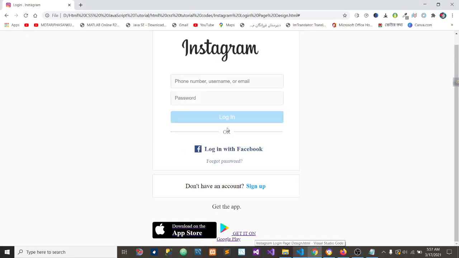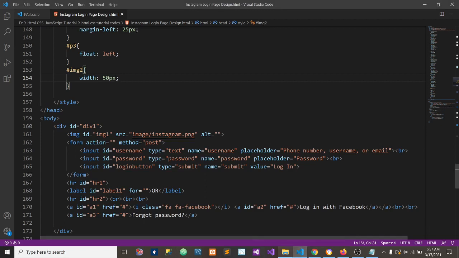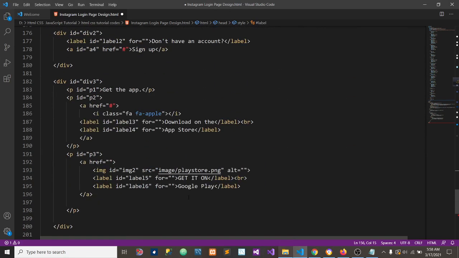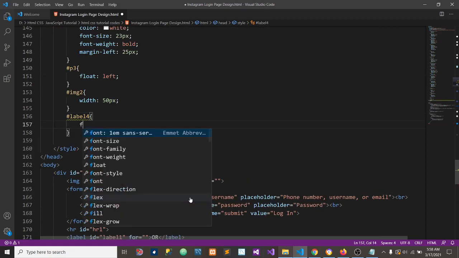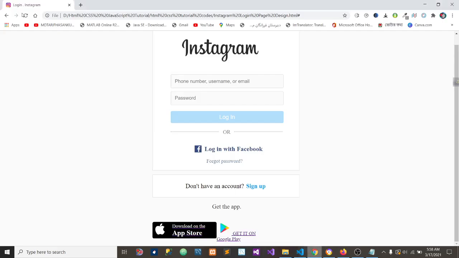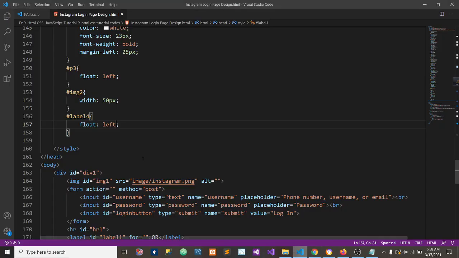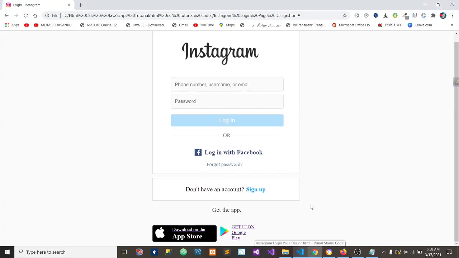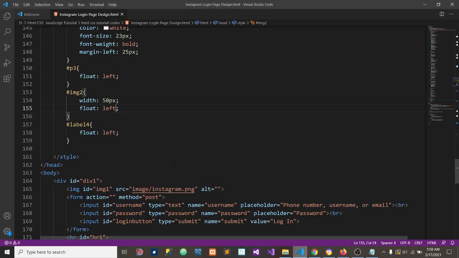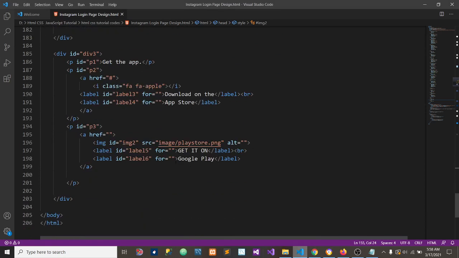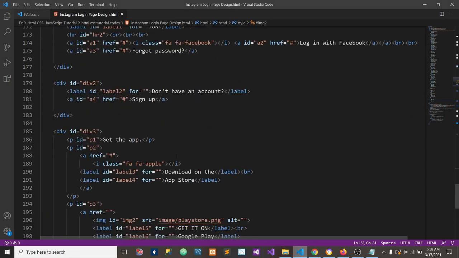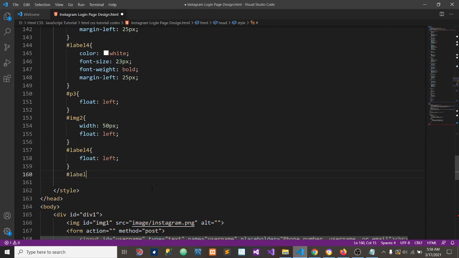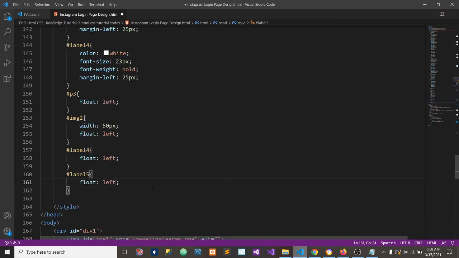তো আমরা এটা 50 পিক্সেল রাখছি। তো দেখুন আমাদের অনেকটা ছোট হয়ে গেল। তো তারপরে আমাদের যে কাজ সেটা হলো লেবেল নিতে হবে, হ্যাশ লেবেল। এখানে দেখুন যে লেবেল 5। তো আমরা লেবেল 5 নিয়ে কাজ করব। এটা আমরা ফ্লট, এটা আমরা লেফট করে দিচ্ছি। তো আমাদের আরেকটা কাজ করতে, ইমেজ, এটারও আমি ফ্লট, এটাও লেফট করে দিচ্ছি। তো দেখুন এবার আমাদের প্রবলেমটা কিন্তু সলভ হয়ে গেছে। তো এবার আমাদের যে কাজটা করতে হবে সেটা হলো গুগল প্লে, আচ্ছা এখানে P3, P1, P2, P3, হ্যাঁ।